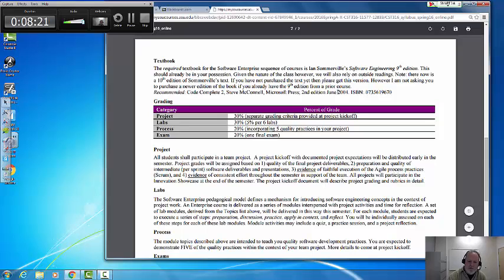If you have the ninth edition, if you already have it in your possession, you'll be fine with that. Realize Somerville just came out with a 10th edition. In fact, I've got a book copy on order. It does have some updated Agile information in it, so I look forward to reading it. If you don't have the textbook yet and you intend on purchasing Somerville's text, I would go ahead and get the 10th edition. I don't think there's anything that you're going to miss from the ninth edition, so you might as well get